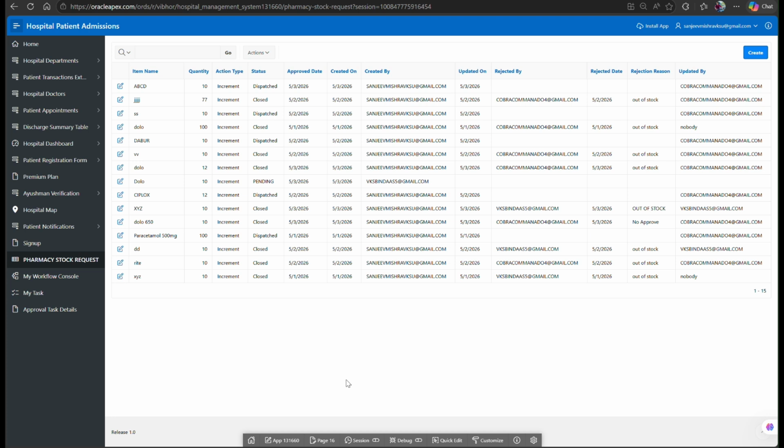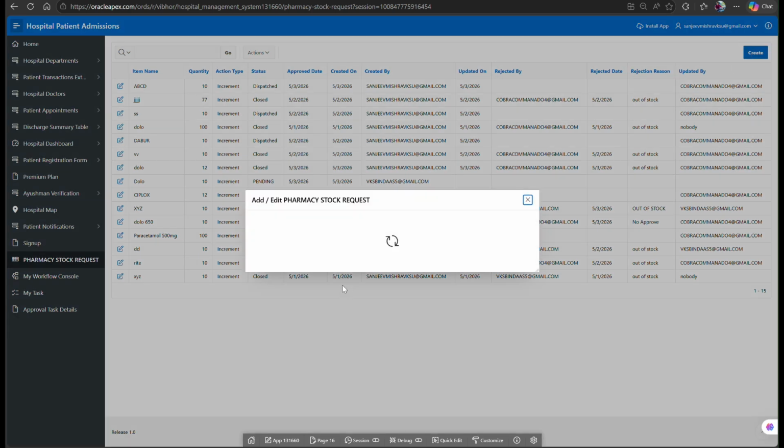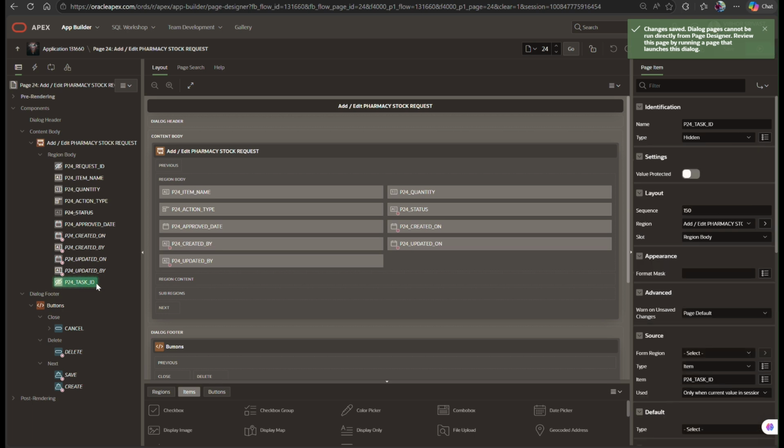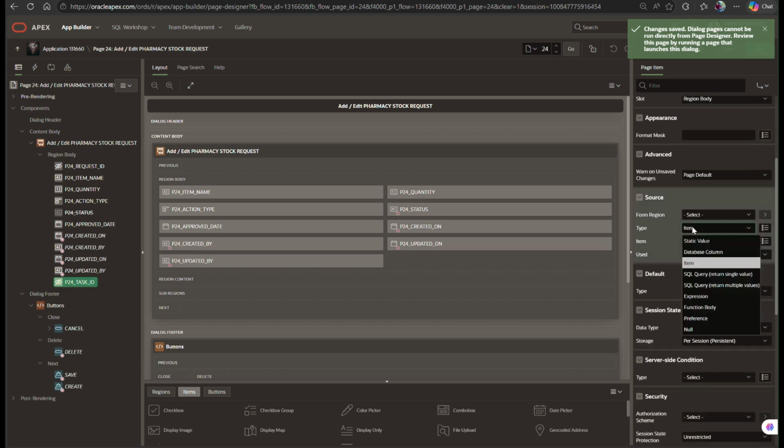First we need to create a report page and form based on a database table. In this form we should add some important columns like status, item name, quantity, approved date, created by, updated by, rejected by, rejected date, rejection reason. This is a very important part. After that we create a hidden page item called task id. This task id will be hidden. Select the type, and item is task id,